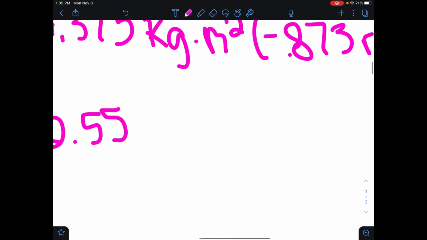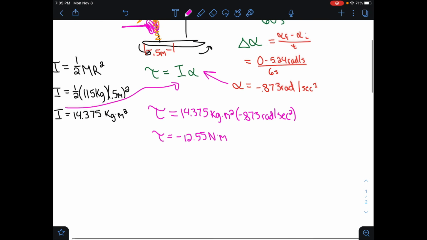Let's call it Newton meters. Yeah, that is our torque. That is not our final answer. If there was no... actually, no, it wouldn't be our final answer then. We still have to solve for the